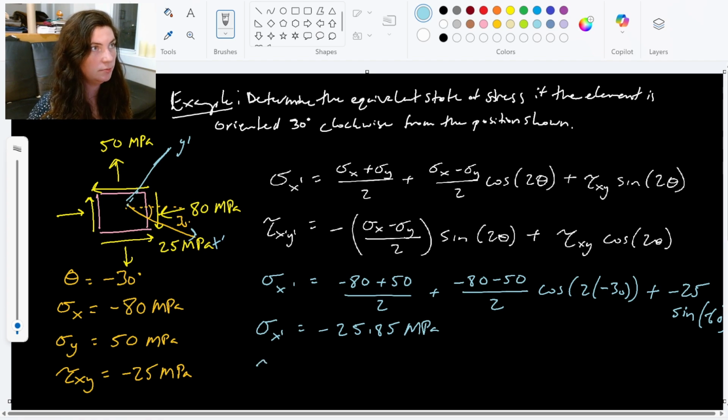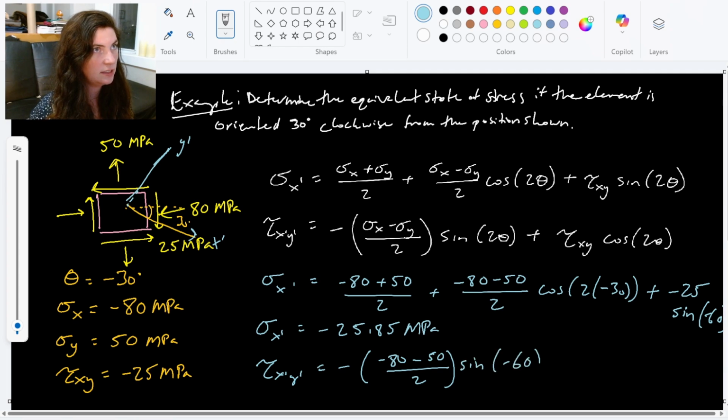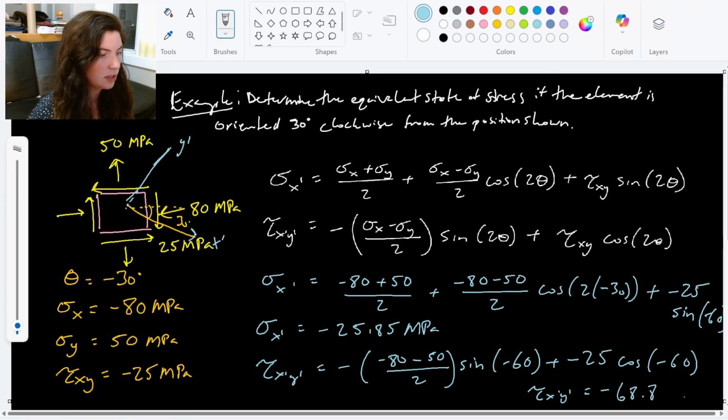And we'll do the same with our shear. Tau x prime y prime equals negative, our x is negative 80 minus 50 all over 2 times sine of negative 60 plus, again, negative shear stress, negative 25 cosine of 2 times theta, so negative 60. Gives us a shear stress, tau x prime y prime. If I plug that in the calculator, of negative 68.8